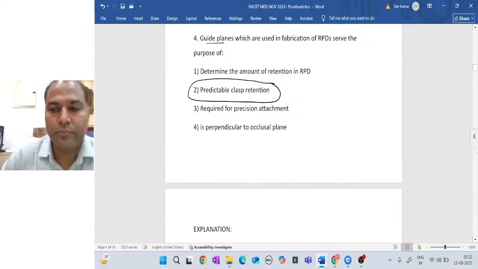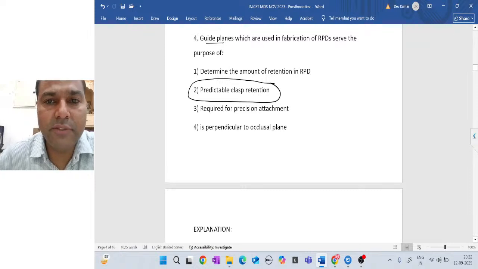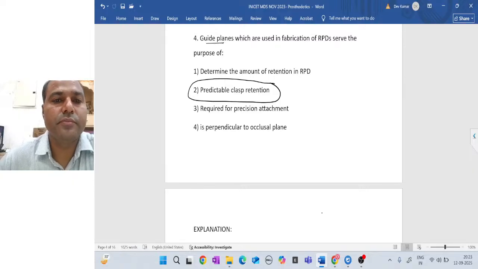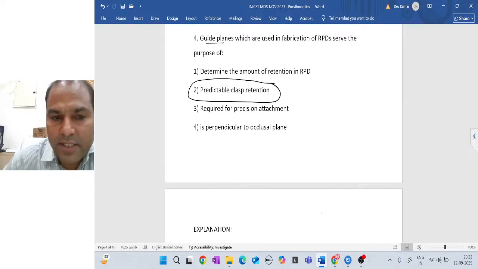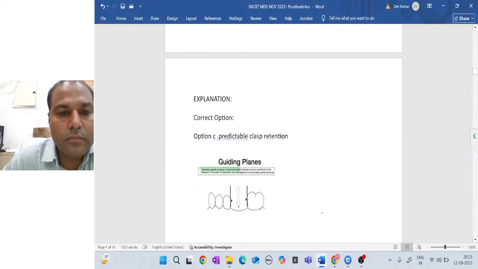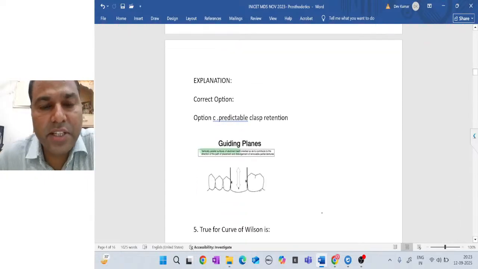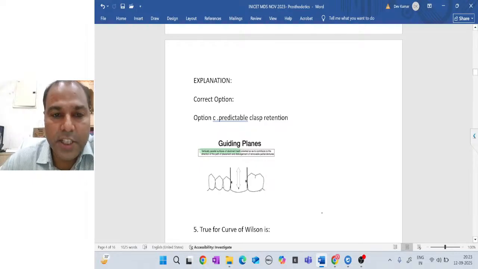Okay, so guide planes are used in the fabrication of RPDs. They serve the purpose of, so guide planes, it helps in predictable clasp retention, is the best option. Why? Now if you see this,